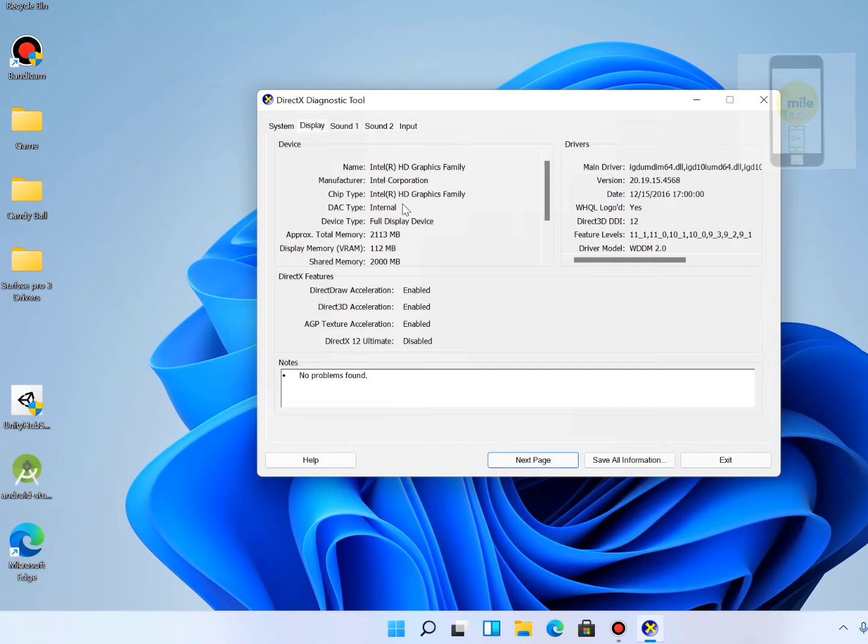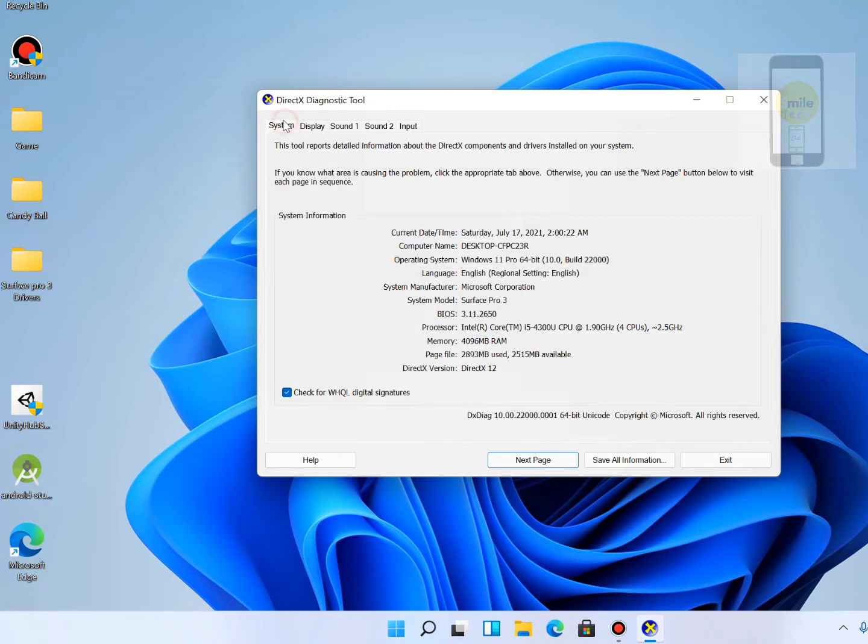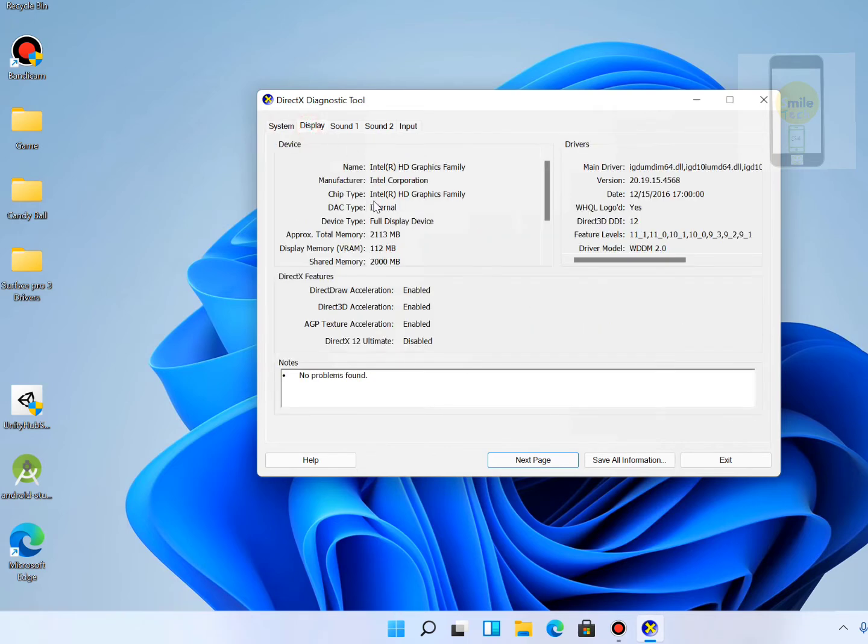Now, my system is the Surface Pro 3, which comes with an Intel HD standard graphics card inbuilt. There is no external graphics card here. It says my memory is 2000 MB. Under DirectX features, it says DirectDraw acceleration enabled, Direct3D acceleration enabled, AGP texture acceleration enabled,